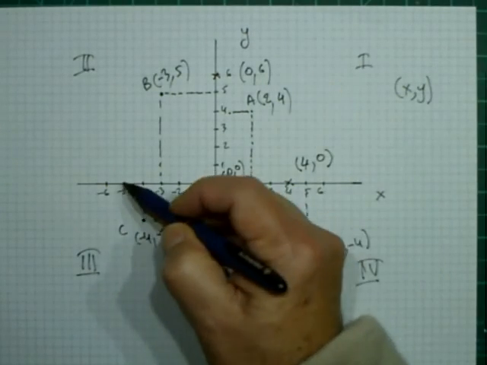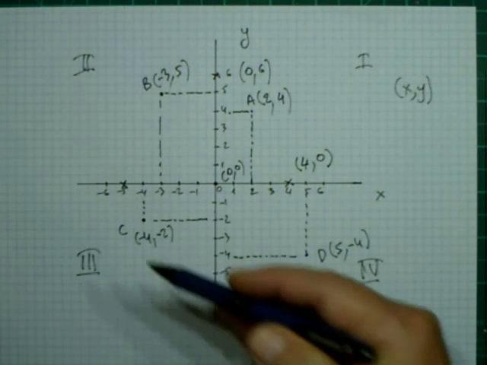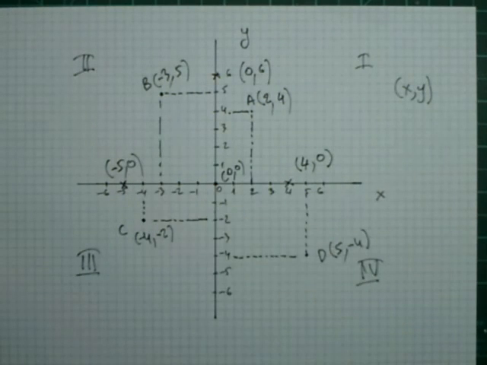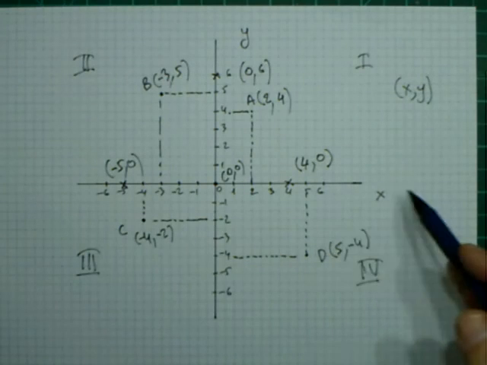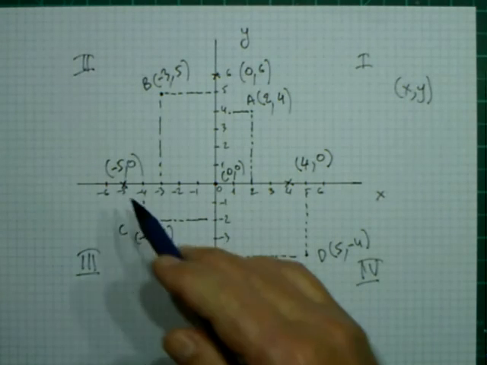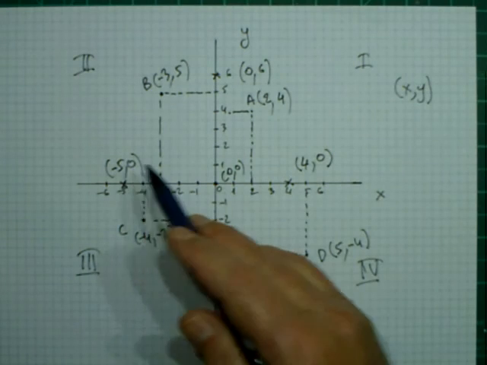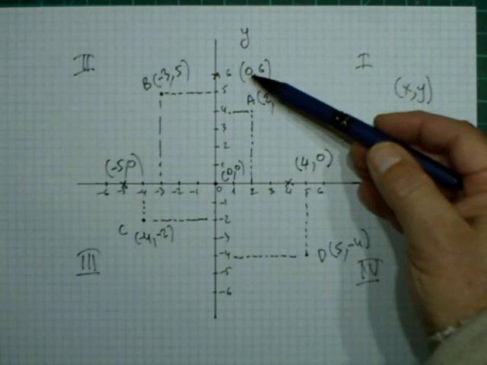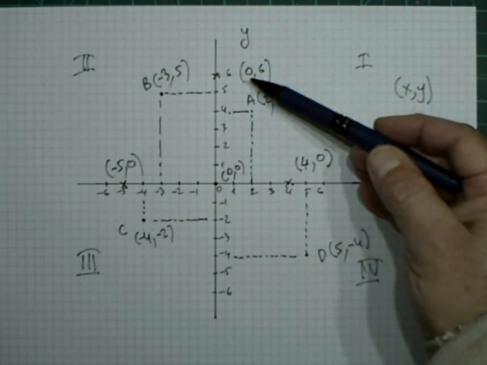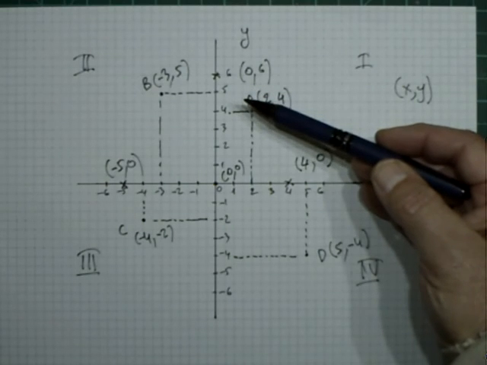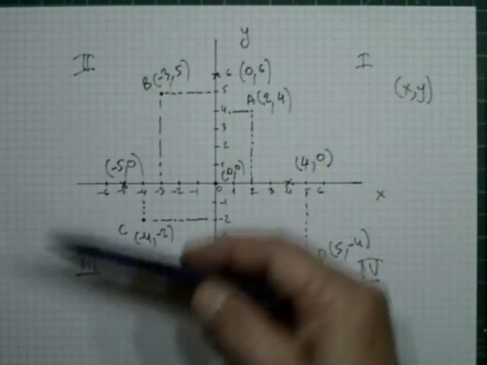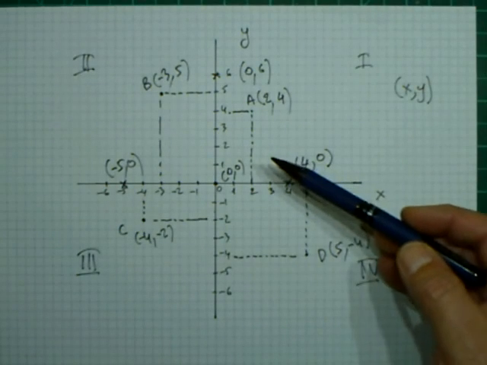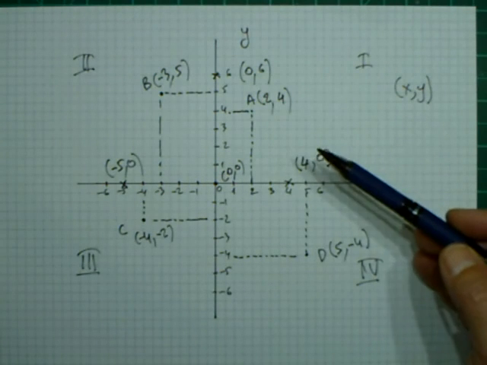Let's try another example. This point here has abscissa -5 and ordinate 0. As we can see, all points on the x-axis have ordinate 0, and all points on the y-axis have abscissa 0. Well, this representation here is called the rectangular coordinate system or the Cartesian coordinate system,